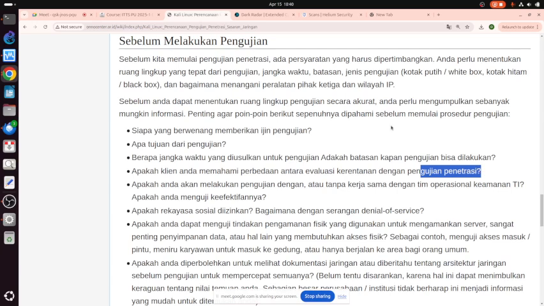Basically, in a penetration test, we penetrate the system. Vulnerability analysis is basically we only evaluate if there is any vulnerability in the system, but we are not penetrating the system. So that's the main difference between vulnerability analysis and penetration test.